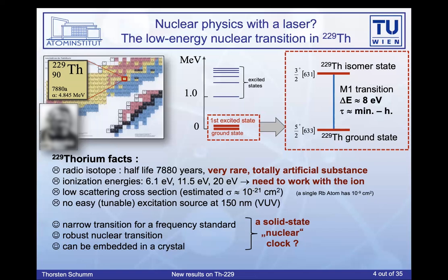There are effects of the outside world also on nuclear transitions, but they are orders of magnitude smaller. To give you a feeling, the ratio is essentially the ratio of the Bohr magneton to the nuclear magneton. Okay, so there's a damping factor, how external fields influence this transition, and this includes black body radiation and so forth. Okay, so it is a very robust transition, which is actually the more appealing fact. Apart from that, it is narrow. Okay, and as I said, you can do really nasty stuff to this atom and still hope to have a